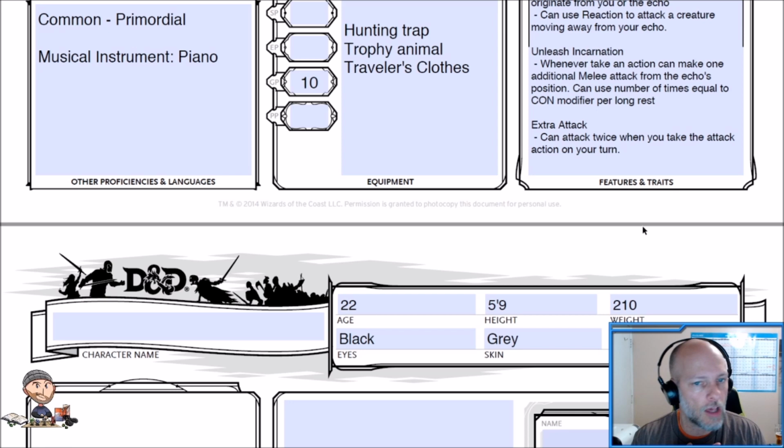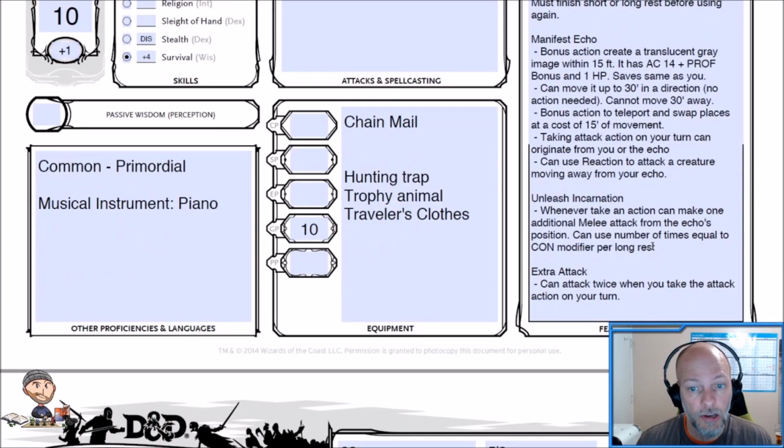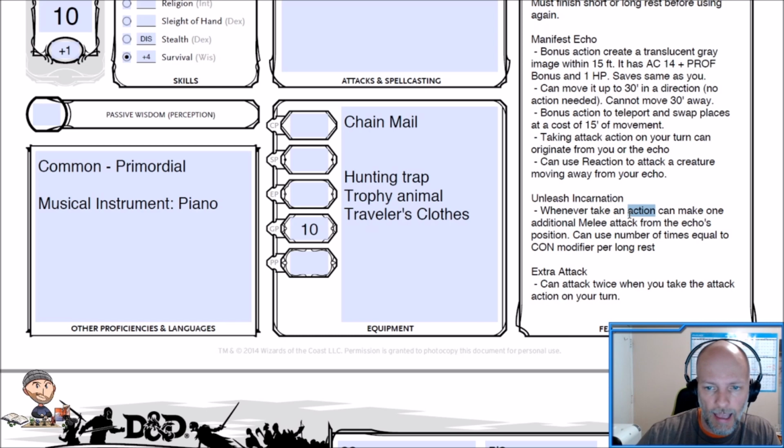So here is a little bit of the research that I did on the Echo Knight, and I am fairly certain I have it correct, but if I do not have it correct, please be sure to help me out in the comments below. Now, I believe that when we take the attack action, we get an extra attack. That does not mean that we get 2 attack actions. So the reason that I bring this up is because on Unleash Incarnation, which is our ability of the Echo Knight, and Unleash our Incarnation is whenever we take an